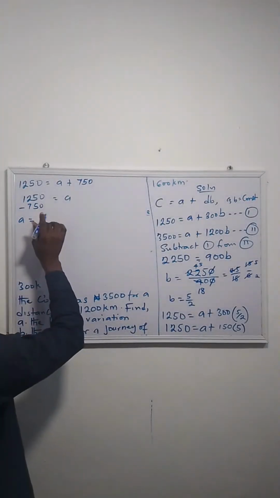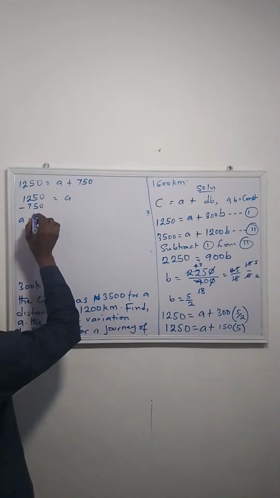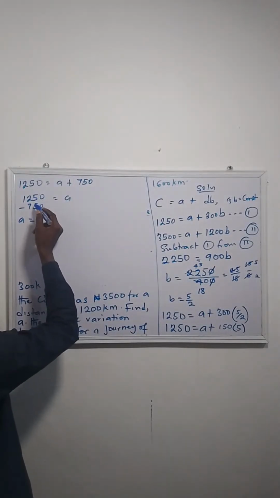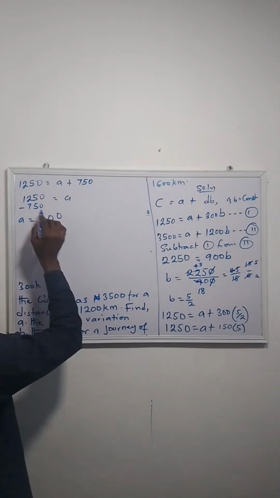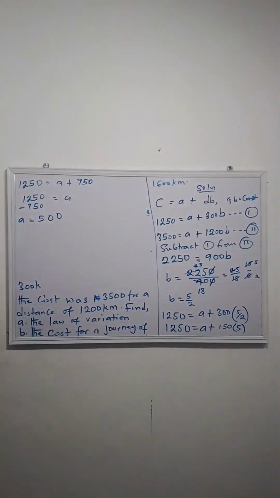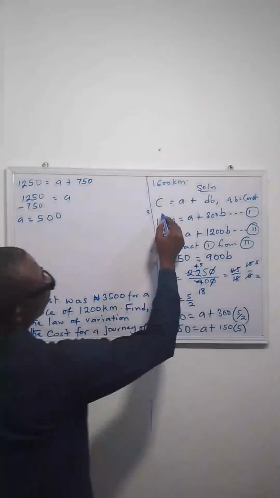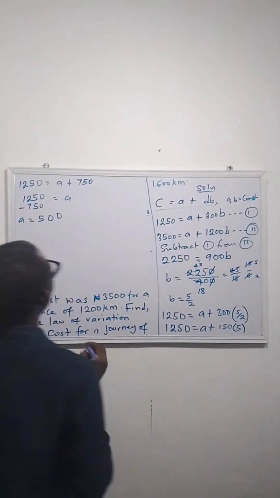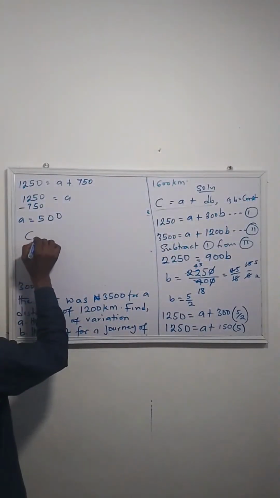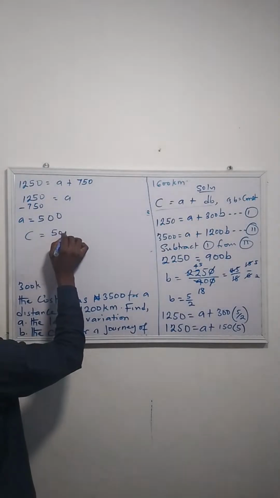So when you say this minus this, we have 0, 0, 12 minus 7, that's 5. So that means we have 500. So A is 500. Now we can get the connecting formula. So you come down here. This is what you are writing out. So you have C equals A, which is 500,